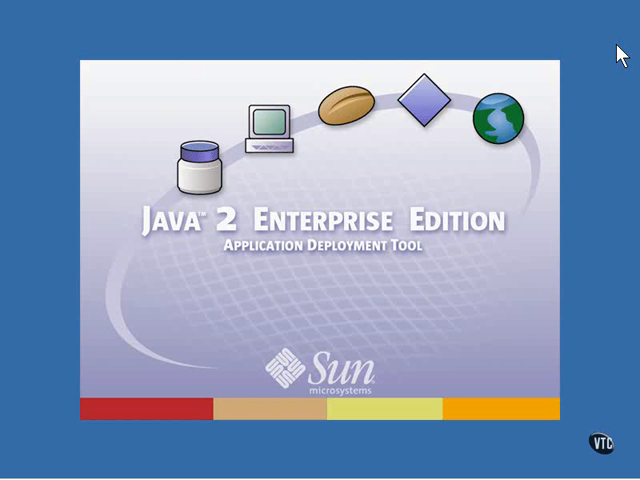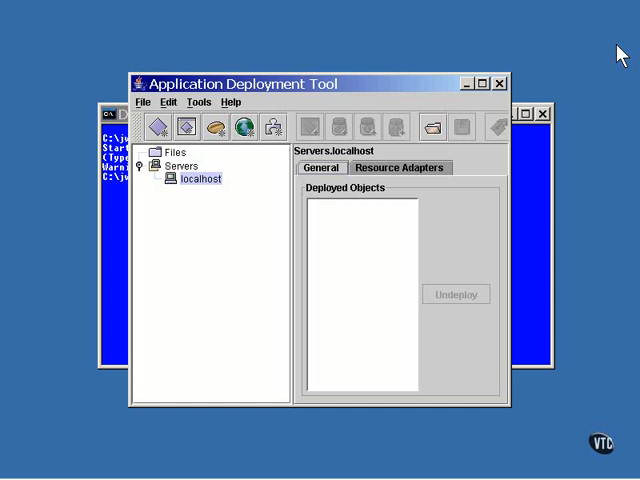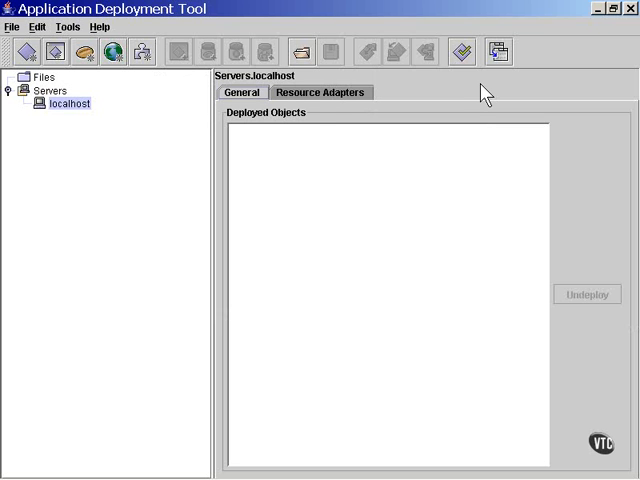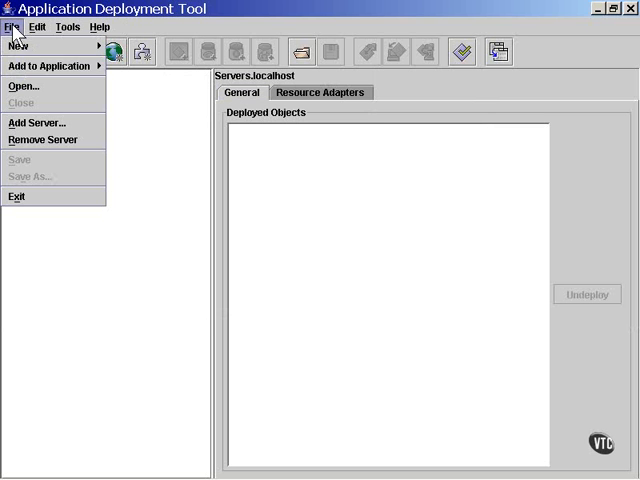You get this splash screen for a few seconds, then the windows of the deploy tool itself come up. I like to expand it so I can get a better look at what's going on. As you can see from the list on the screen, there's nothing deployed in the server at this time. What we need to do is create an application, and then we will be able to deploy the bean into that application. This application can also contain servlets and JSPs, but we're just going to use it to hold a